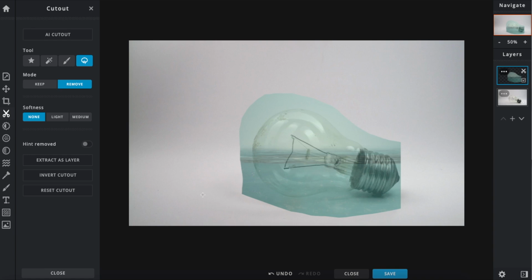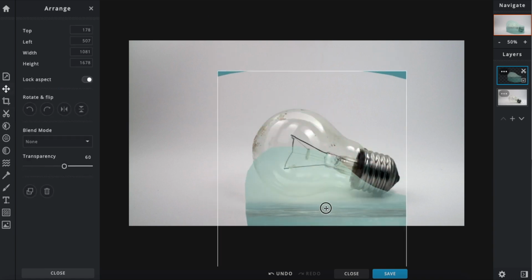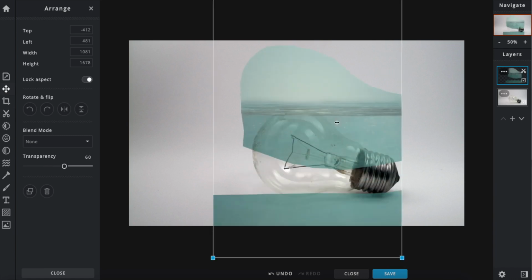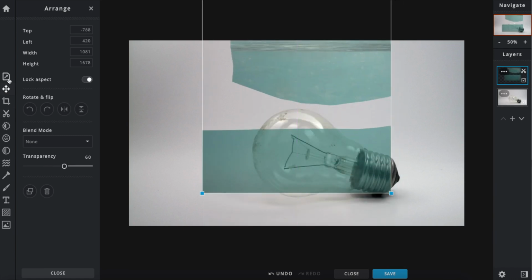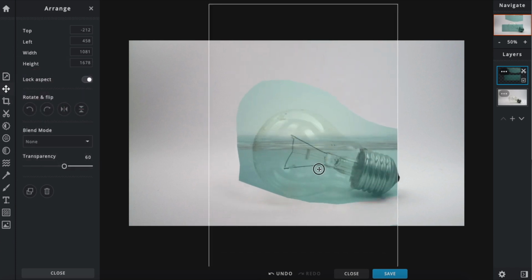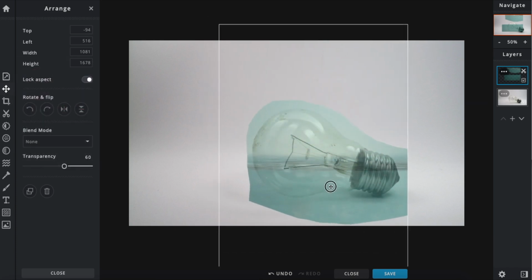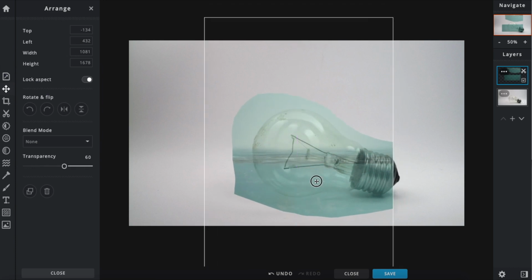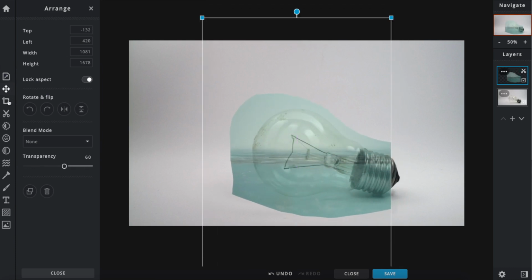Because I've already positioned it, I'm okay. If I go back and reposition, you'll notice that there is some of this picture at the top, and some at the bottom. So I can go back and forth between those if I wanted to. If I think I might need to move this around later, that would be the way to do it. But just for now, it's fine. I'm going to go back to my